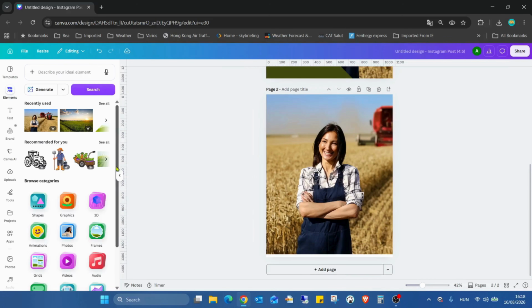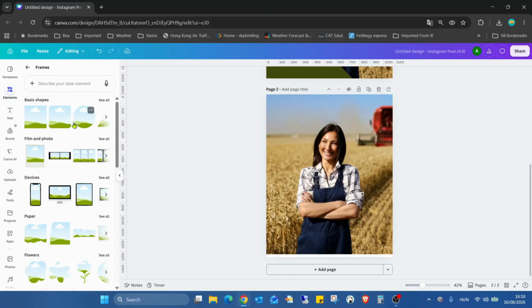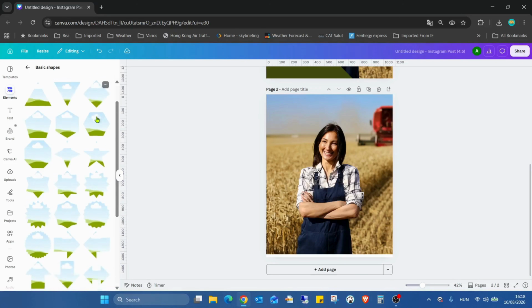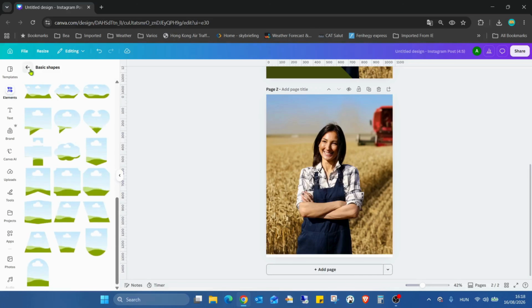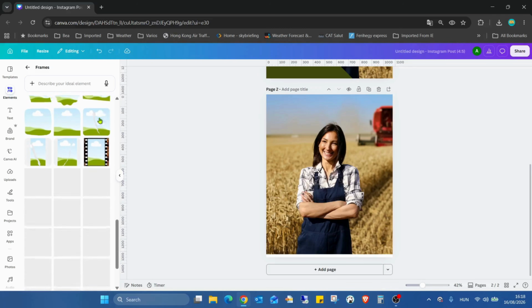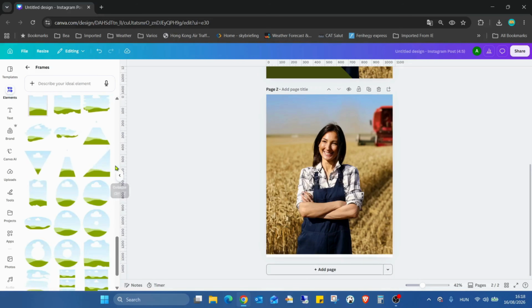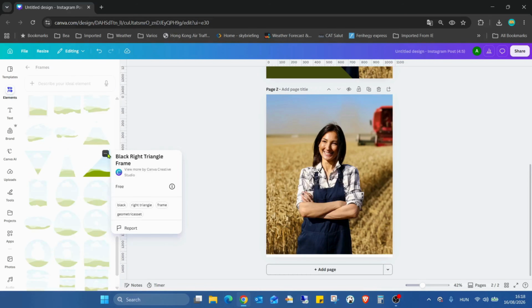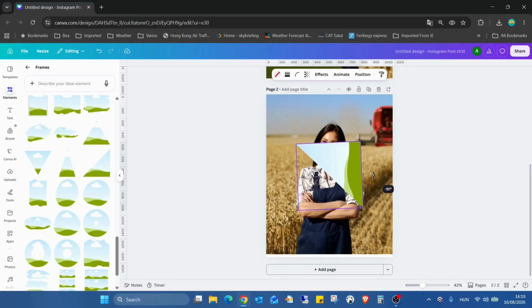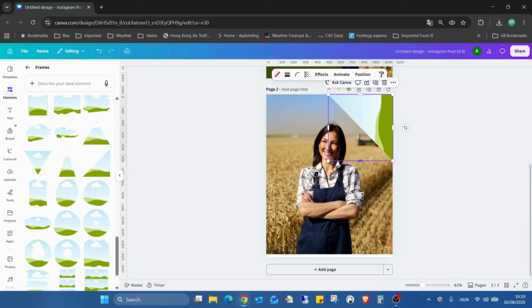Then we are going to the elements, then frames, and we have to find this triangle. In the basic shapes, unfortunately, the triangle what we need does not exist. So we are scrolling down to the trending. And here in the trendings, we can find this black right triangle frame. So I just add this, rotating to -90, adding here, increasing the size like this, and